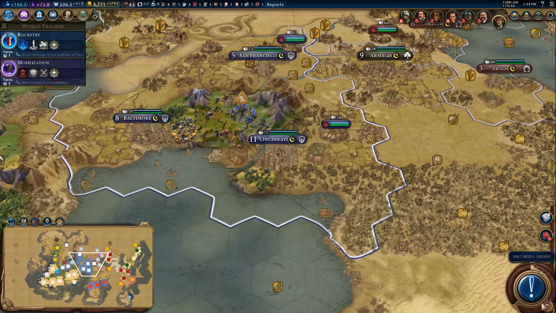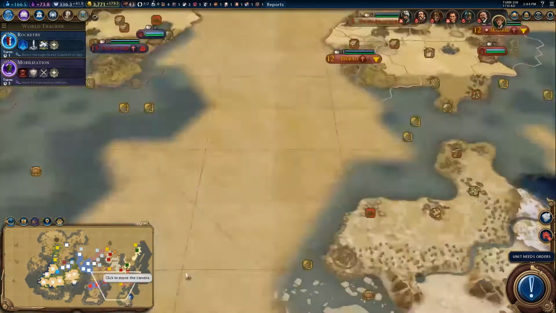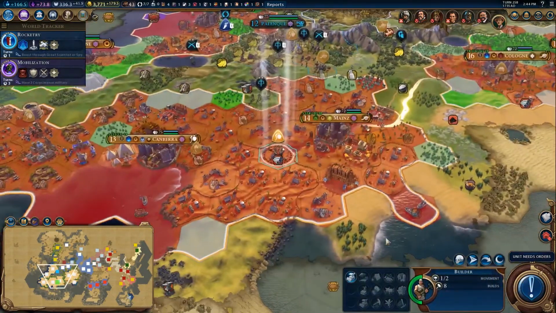63% chance of stealing tech. We'll give it a go. Right, you're going to fortify until healed. And then we've got a unit that needs something doing, which is you. Right, you are going to...